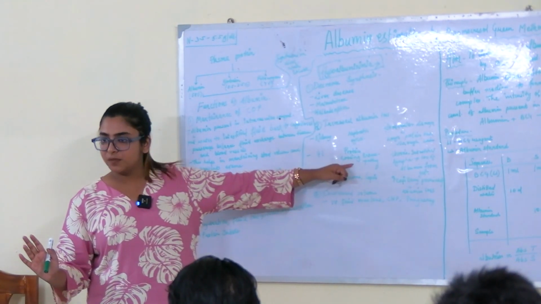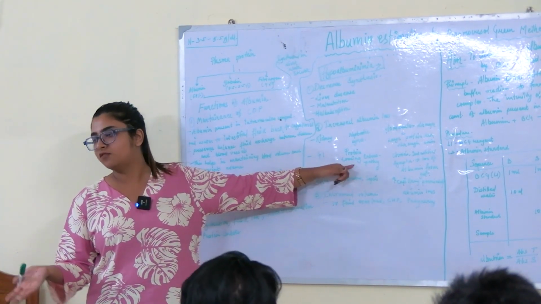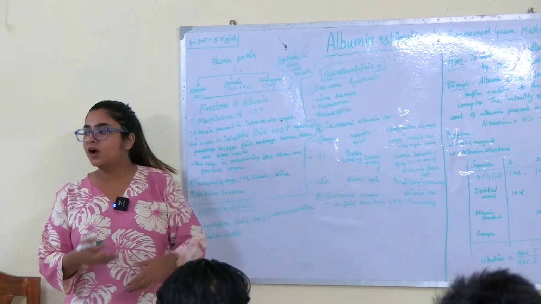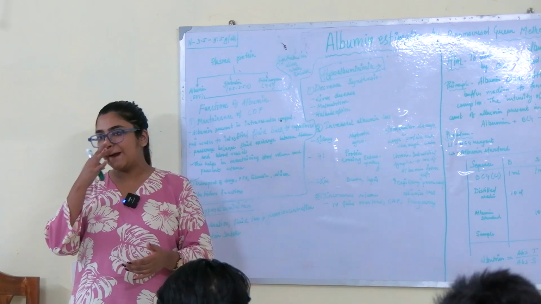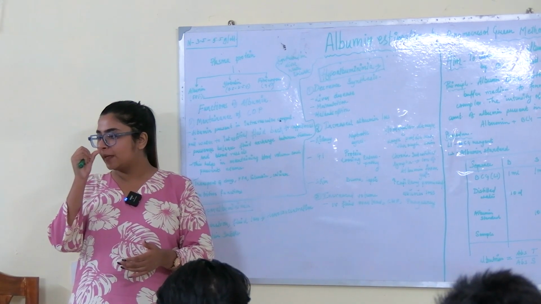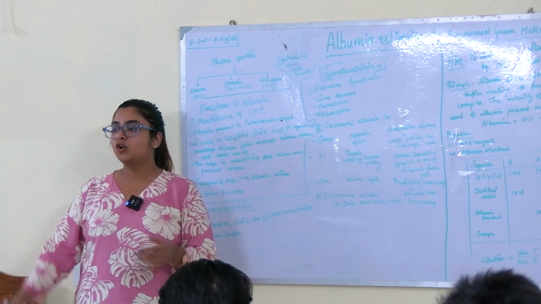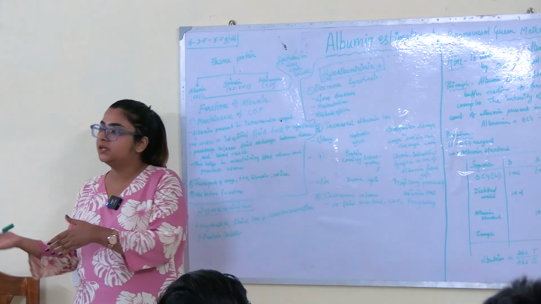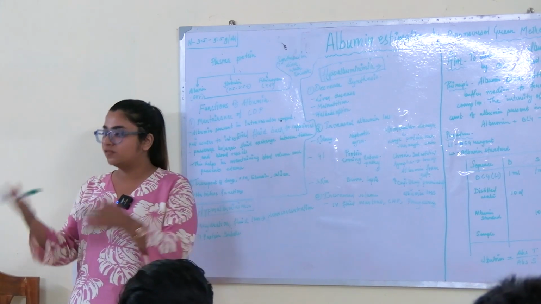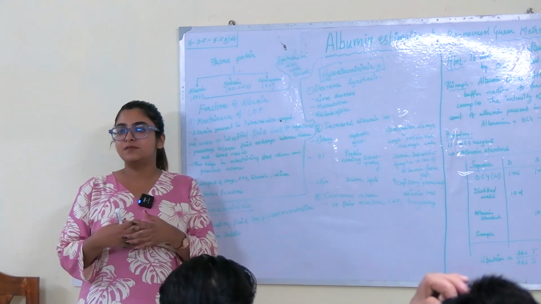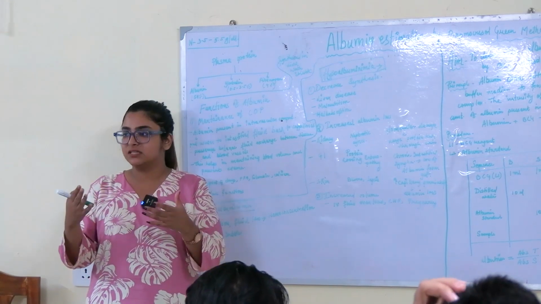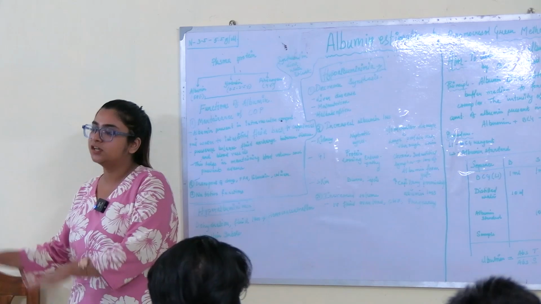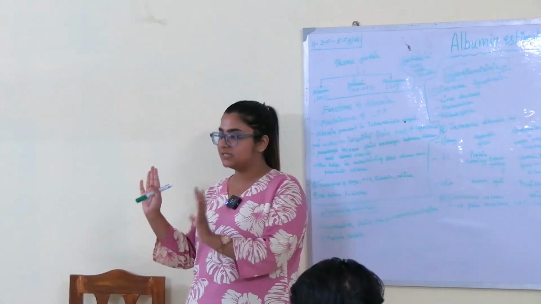Remember, protein losing enteropathy, such conditions where there is albumin loss from our GI tract. So kidney, GI tract, skin, burn, sepsis. What happens in burns and sepsis? Capillary permeability is increased. In normal conditions, the albumin could not cross the capillary level, could not come out of the capillary system. In burns and in sepsis, the capillary permeability is increased. The albumin can actually go out of the capillary system and bind with the water and get excreted through urine, in conditions like burns and sepsis.